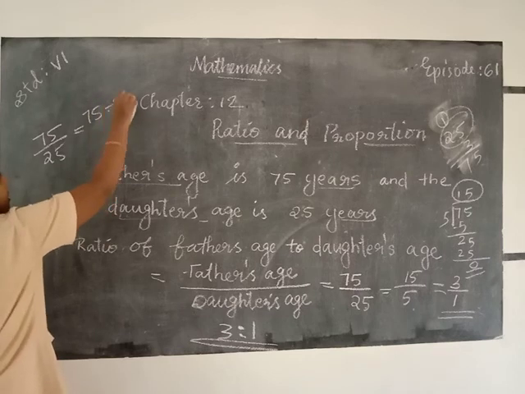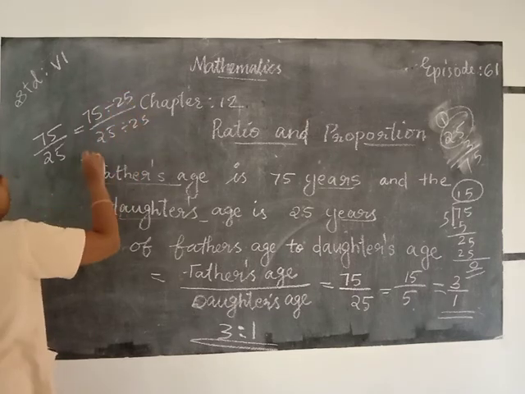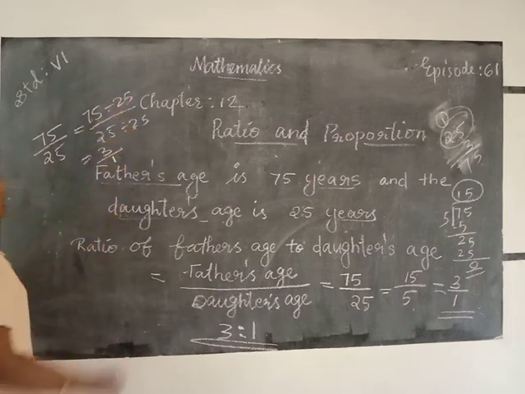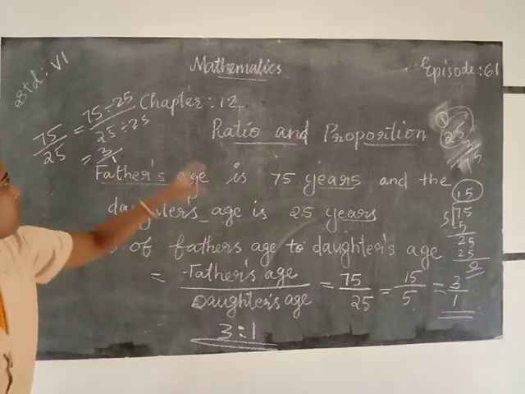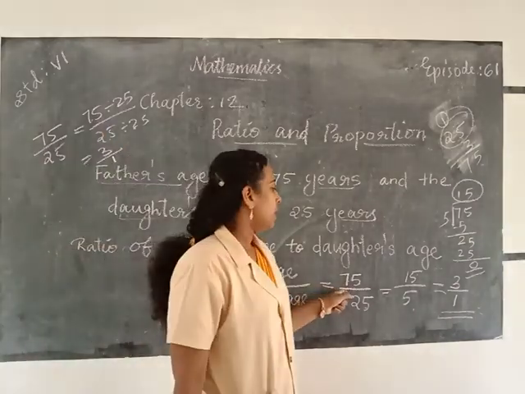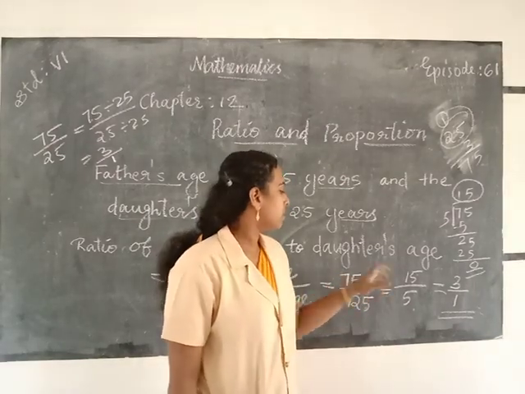When we divide 75 by 25, we get 3, and 25 by 25 we get 1. We get the same ratio in constant. Okay, and another method: first we take a common factor in numerator and denominator, then we divide the two numbers